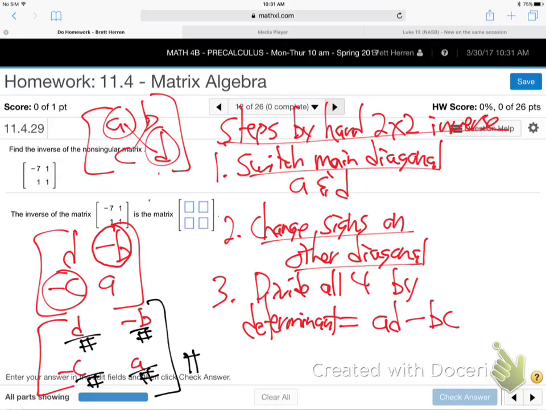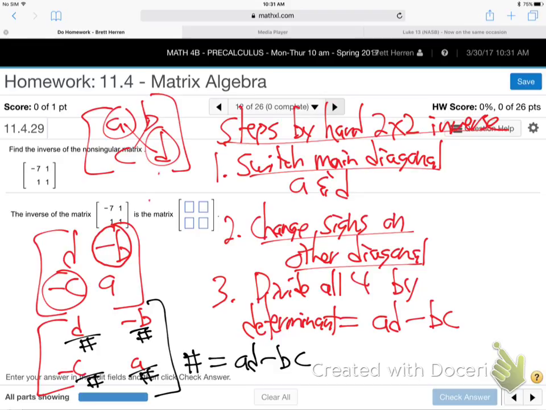And that number equals AD minus BC. There it is. There's the steps for doing a 2x2 inverse by hand. It's really pretty quick. It's probably quicker than using your calculator, actually. I'll show you. But you can do the calculator if you want to. Just switch the main, change the signs in the other, divide all 4 by the determinant, which is quick to